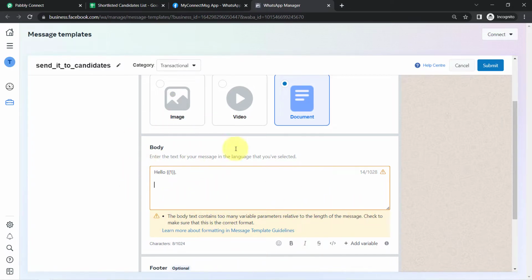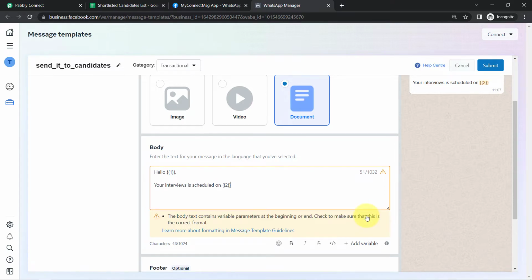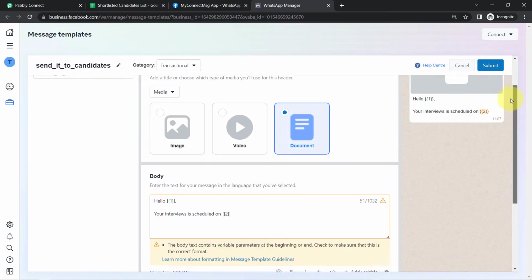Whatever values you want to change, you can keep in the form of variables. For example, your interview is scheduled on, let me correct this spelling. I want this time to change every time, that's why I'm going to keep the second value in the form of a variable. So this is how you can create your template,